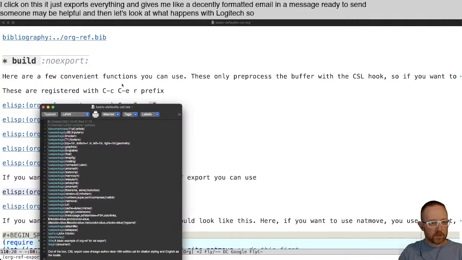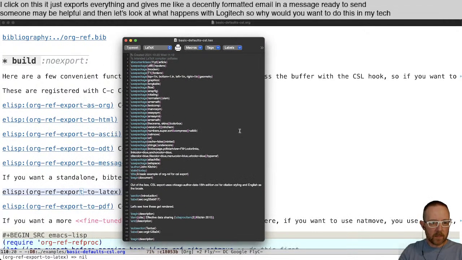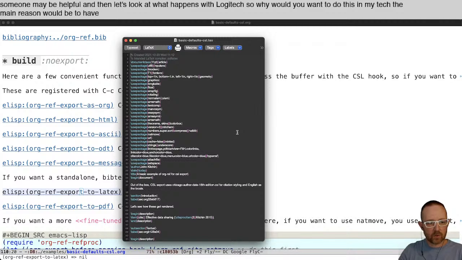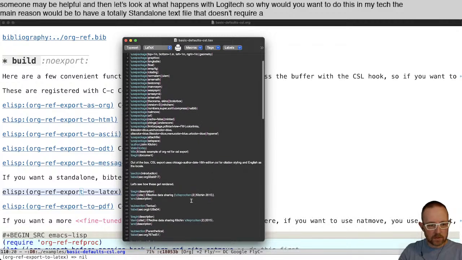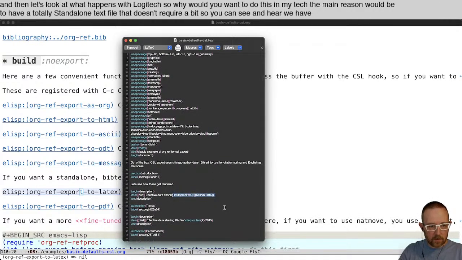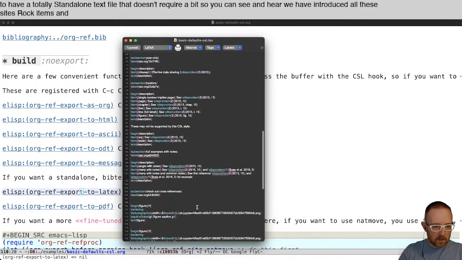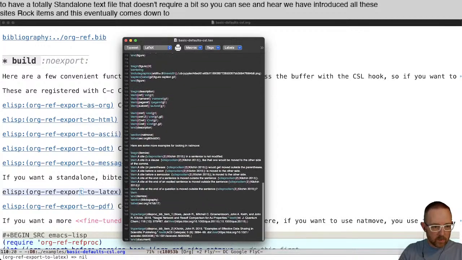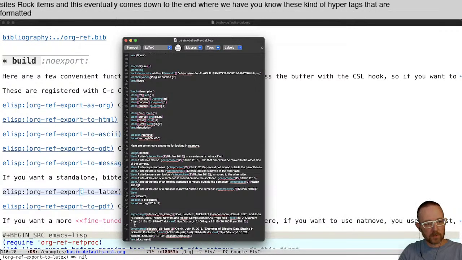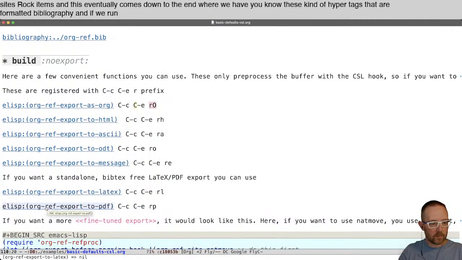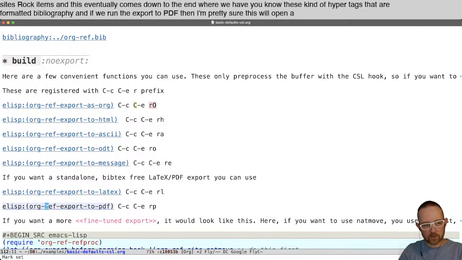So why would you want to do this in LaTeX? The main reason would be to have a totally standalone tex file that doesn't require a bibtex file. So you can see in here we have introduced all these citeproc items, and this eventually comes down to the end where we have these hyper tags that are formatted bibliography. And if we run the export to PDF, then I'm pretty sure this will open